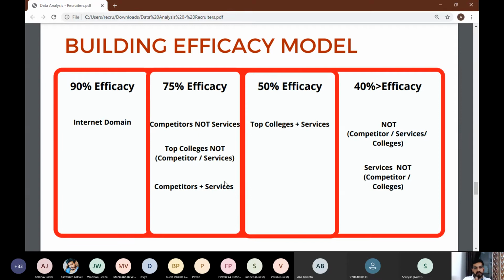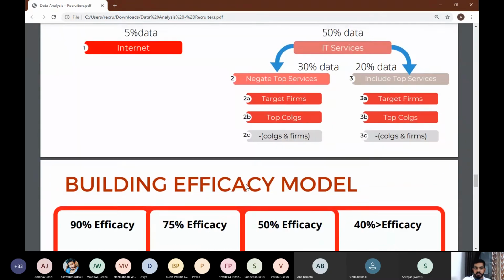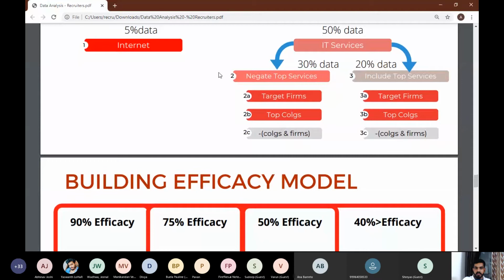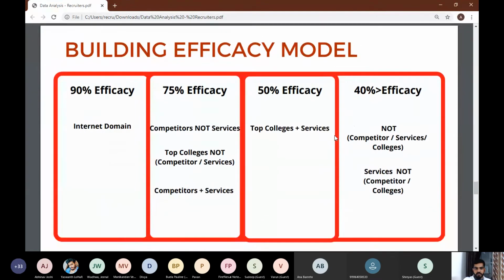So 90% efficacy when you use internet domain, 75% efficacy when you're applying competitors and minusing services. These models are what I've put into efficacy models, right? Whatever you're seeing here, top service, target firms, top colleges, these models have broken it down, and to make it simpler for you, I've bucketed it based